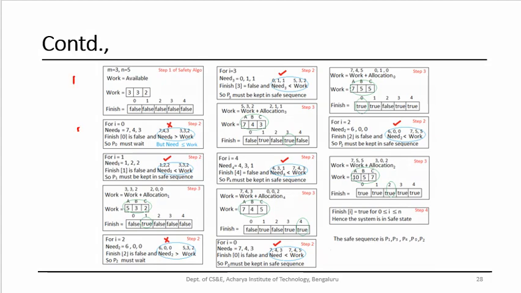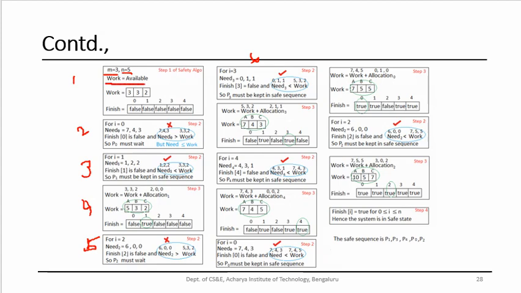This is step 1, this is step 2, 3, 4, this is step 5, this is 6, and so on. Let me explain. What is the value of m? M is 3. M indicates the number of resource types available in the system. N is 5. It indicates the number of processes in the system.